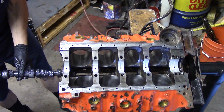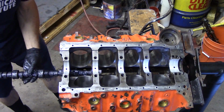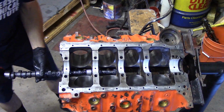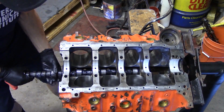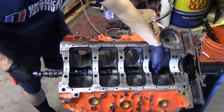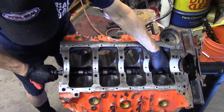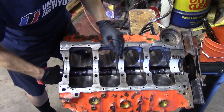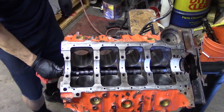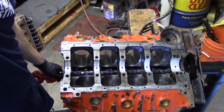When you put a camshaft in, you've got to be careful. You don't want to gouge or damage any of your cam bearings. So you just gently slide this in, and you want to jiggle it around and twist it at the same time so it goes into your bearings easily. You never want to force one of these in. If you force a crankshaft into the engine, you're doing it wrong. Rather, I said crankshaft. You could definitely damage the camshaft or the camshaft bearings. So we just want to be real gentle and guide this thing in and twist it and jiggle it, and there you go. Once your camshaft is installed in the engine,